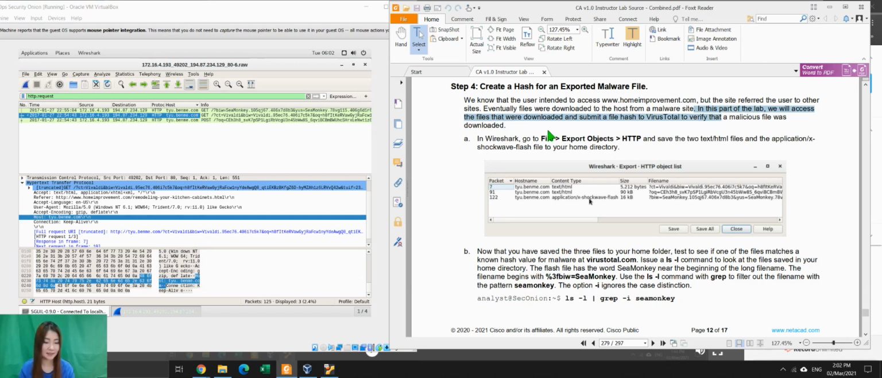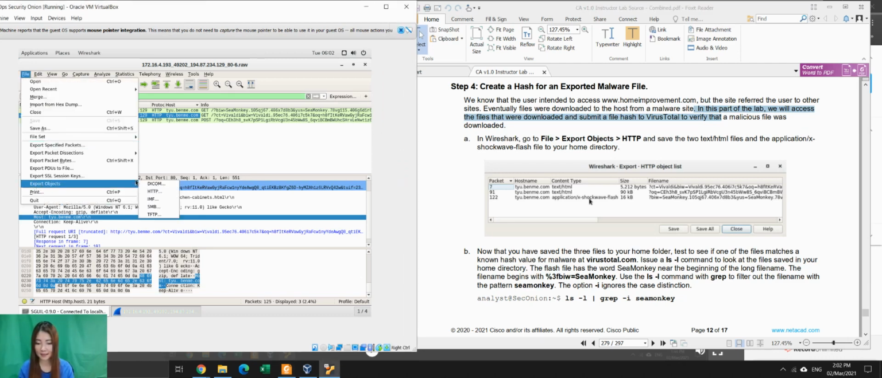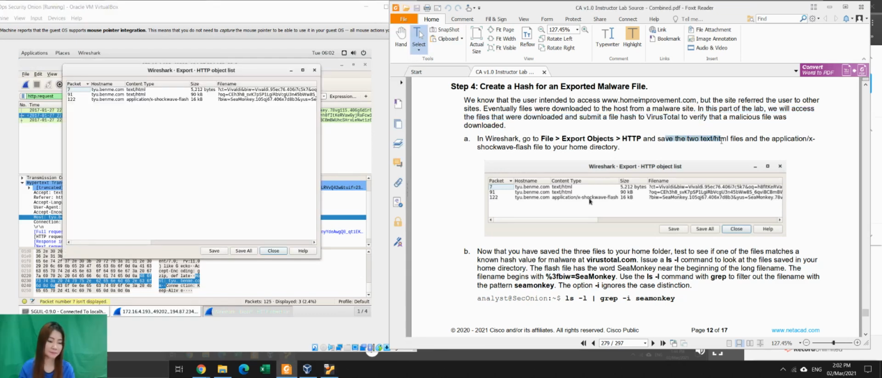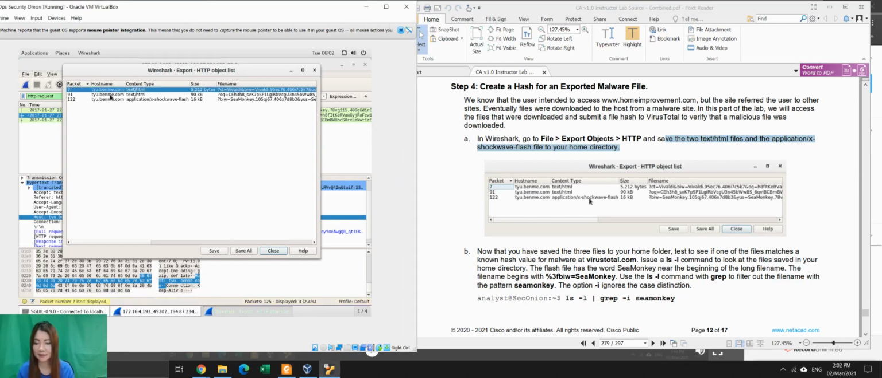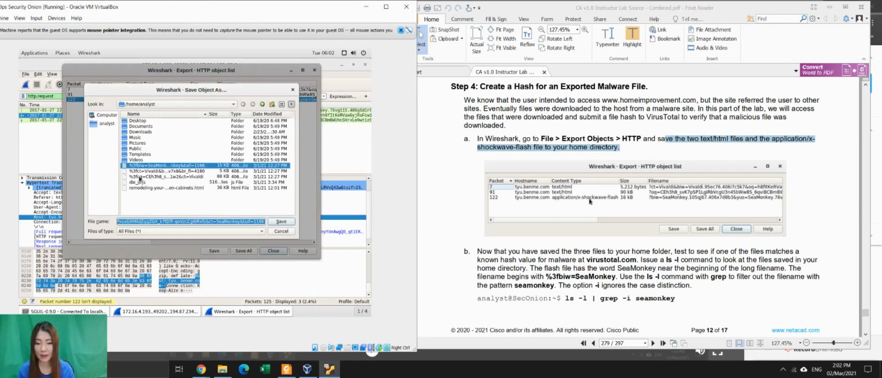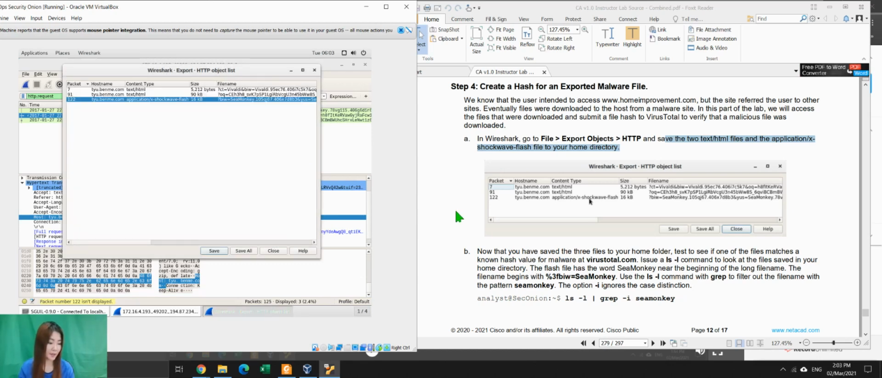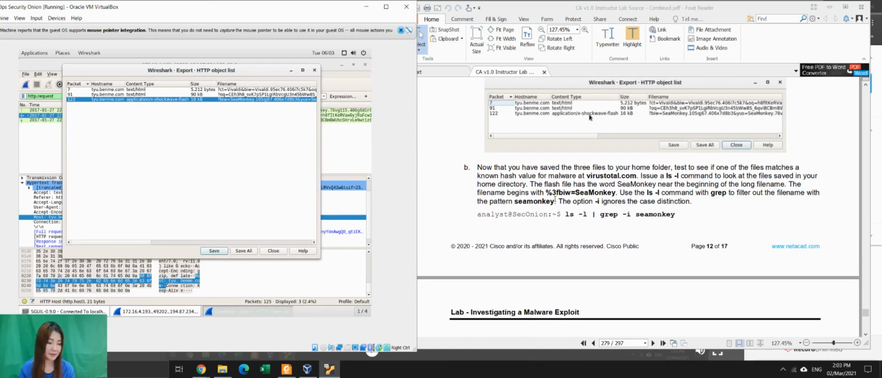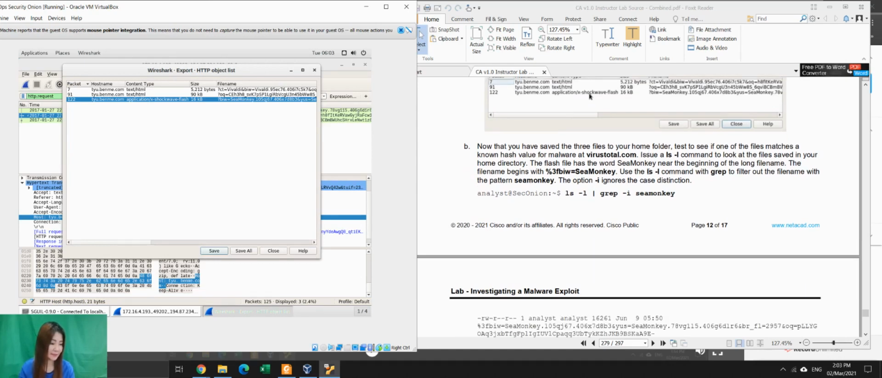So how to do that? Okay, you go to Wireshark, then you go to File, Export Objects, then HTTP. When you do this, you're going to save the two text/HTML files and the application/x-shockwave-flash file to your home directory. So you're going to save all of these into your home directory. Just press the save button, and when you have saved, it should be inside this home directory. Okay. So now that you have saved the 3 files to your home folder,